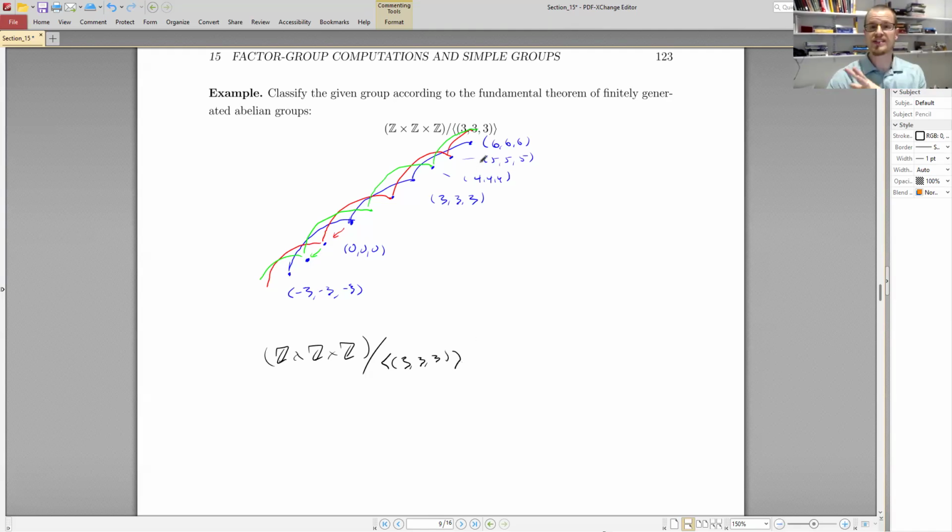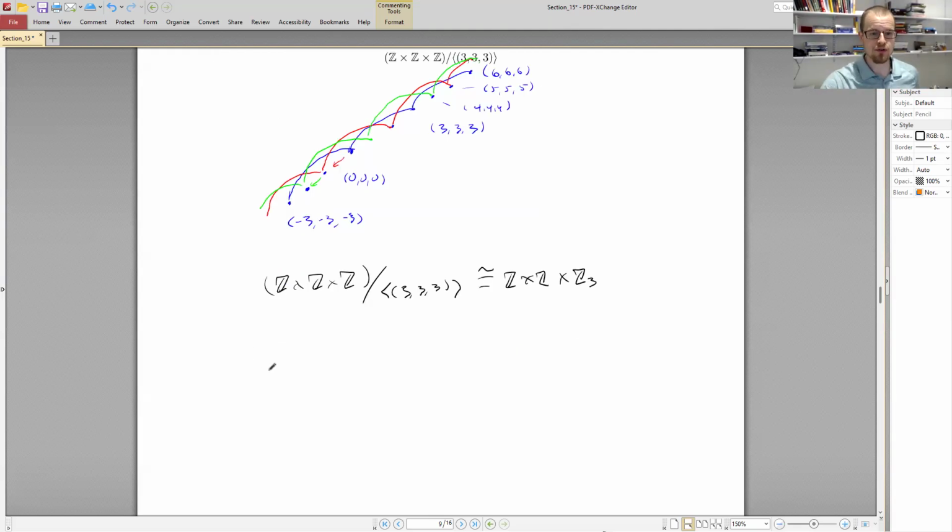I still get all of the same lines. So I still have that this is isomorphic in part to Z cross Z. But the problem is that each one of those lines has 3 copies. So I can identify it by adding this Z3 there. The coset groups, or the cosets of this